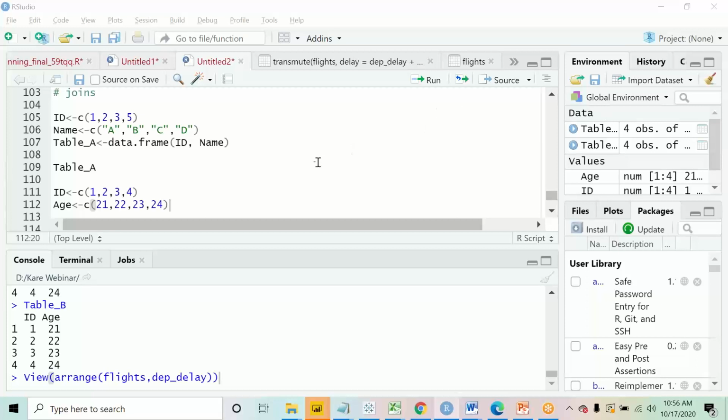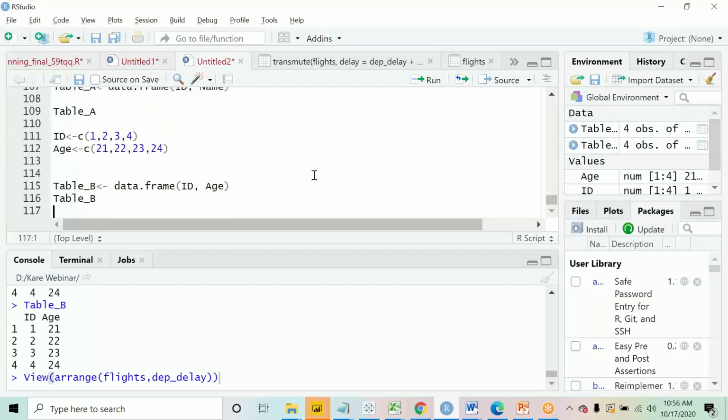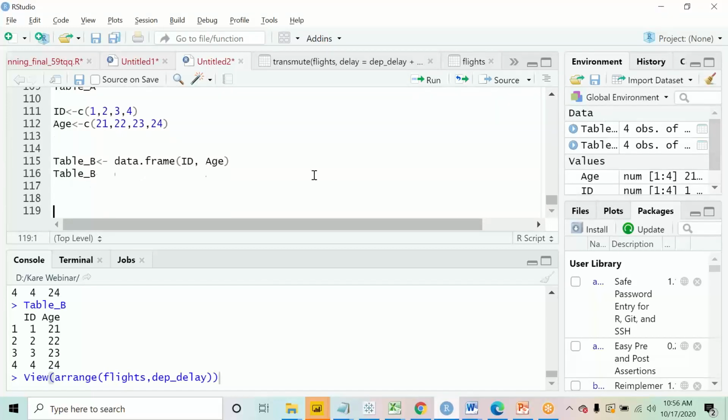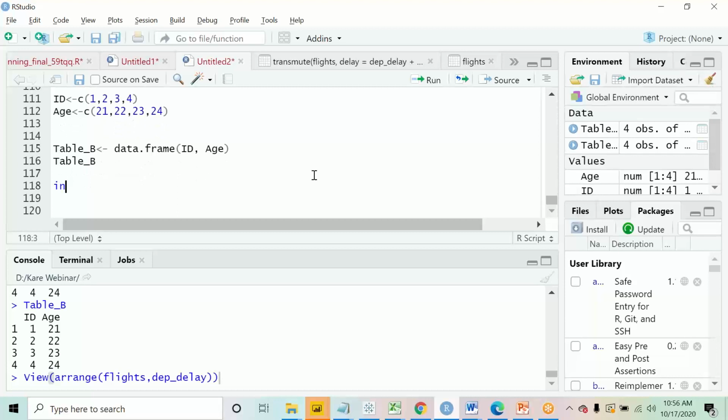Okay. Now the two tables are ready with all of us. Now we will see the concept of joins. First of all, we will see inner join. I'll create a table by the name inner so that we can all relate to what type of data we should be getting. I am creating a third table in which I would like to see ID, name, and age together in one single table. That is my requirement.